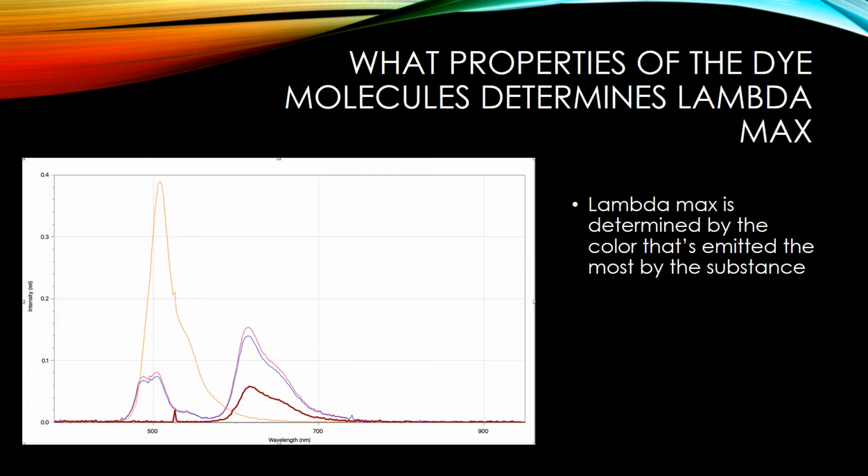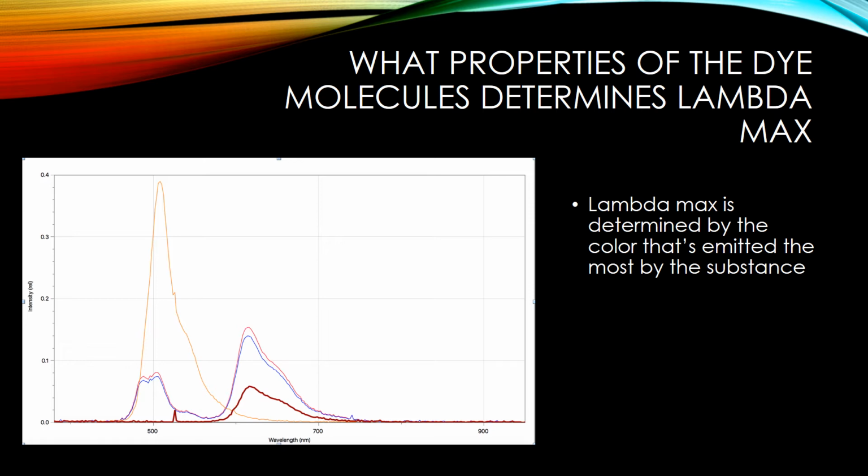The color controls the lambda max because each color has a unique set of emission peaks on the emission intensity graph. The color determines both the lambda max and the various other peaks that may exist on the graph. At a given lambda max, multiple colors can exist because the lambda max only represents the highest peak within an emission spectrum, not including all of the lower peaks that contribute to the color of a